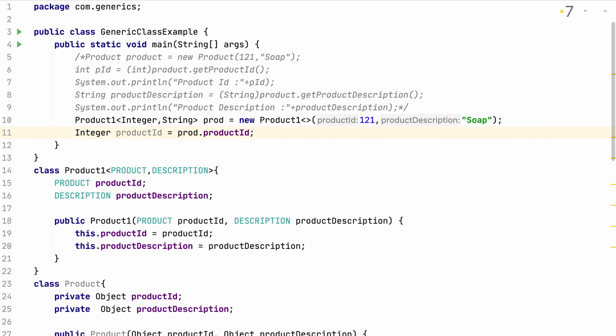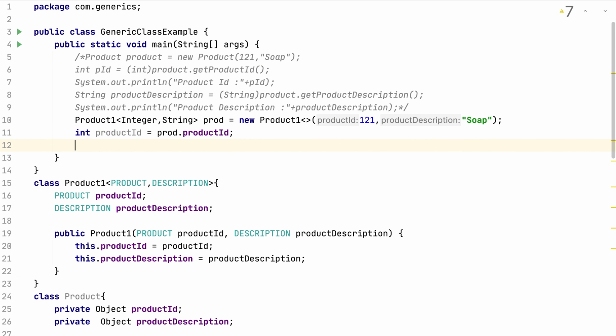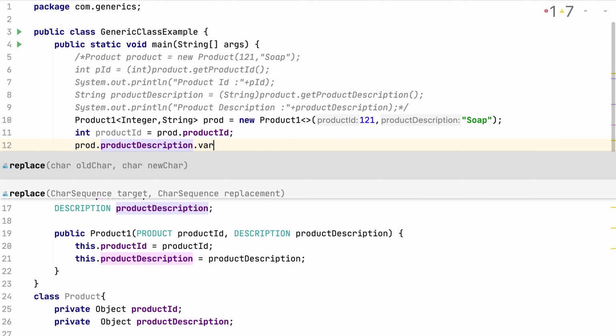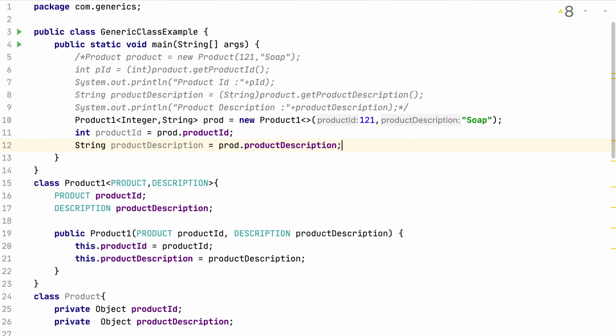So it's an integer. Here I don't need to convert that into an integer. You might think, okay, you're just using a primitive integer here, that's not going to make much difference. It still works. And again, prod.productDescription, it's a string. So now here you don't need any typecasting at all, because I'm using a